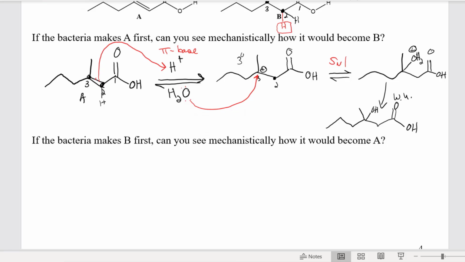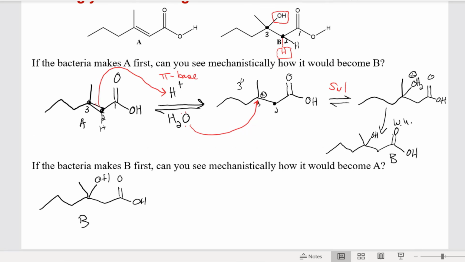How about the other way around? What if we started with B and formed A? Let's see if we can do that. This is all good electron pushing practice. Starting with B, if I look to make A, I notice that A has a new pi bond. How do we know how to make new pi bonds? The answer's elimination. And since we are under acidic conditions, because we have carboxylic acids as part of the molecule,